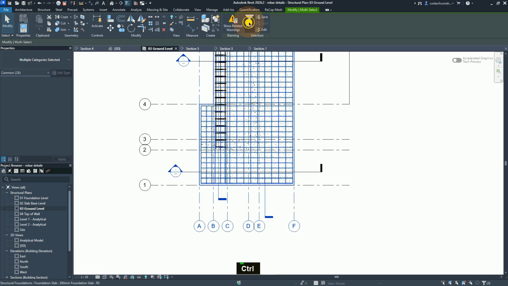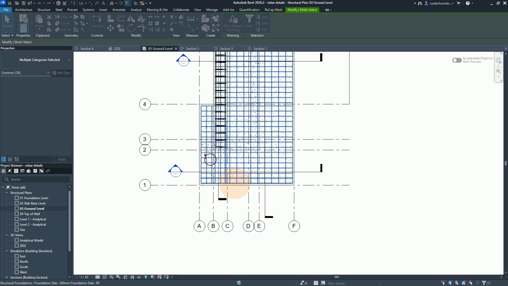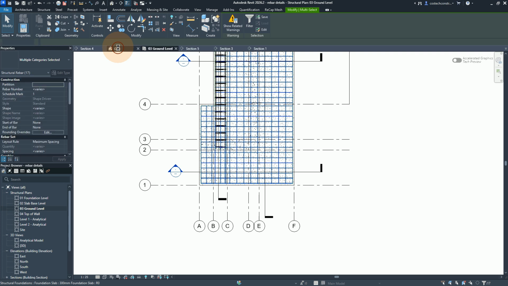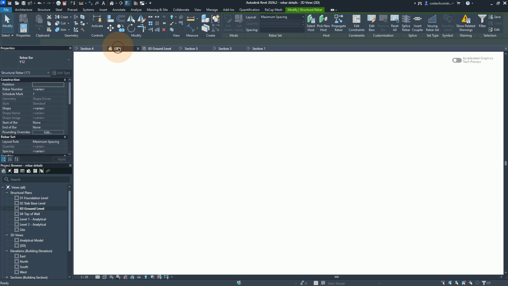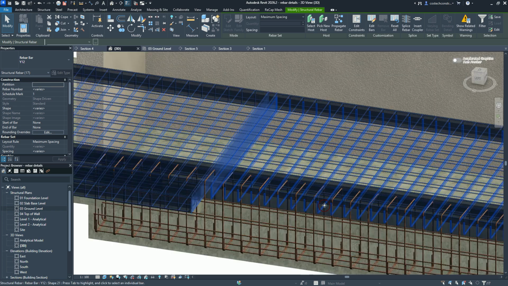With that, I'll go to Filter, then I'll select Check None, then I'll only check the structural rebar, then hit Apply. I'll then press OK, and we can just briefly look at the 3D. So I'll go to my 3D view, and once I see that I have only the slab reinforcement selected,